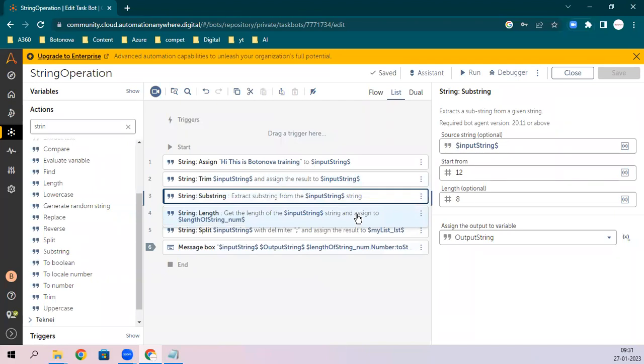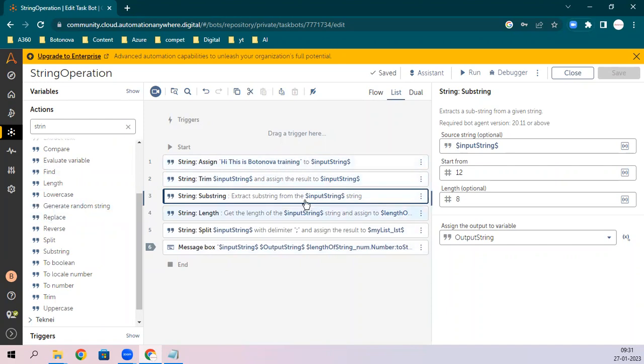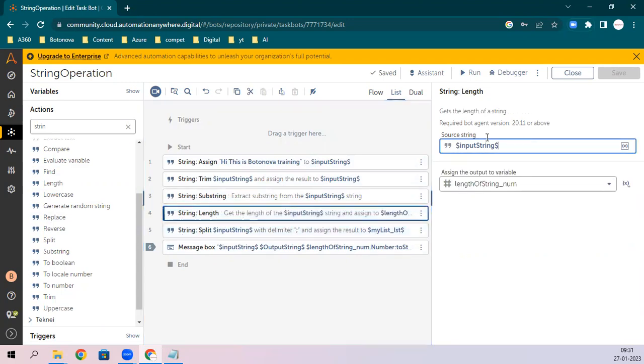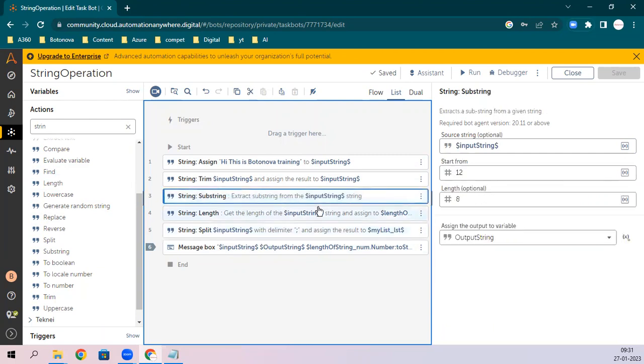In interviews, sometimes they ask questions on this string manipulation, how you will get it. So you should know what the inputs are for substring, and what the input for length is. For input, you just need to give the string. For split, they might ask you some question on splitting. Substring will be used, but you will have to apply logic. Any doubt? So this is also sometimes useful, substring.